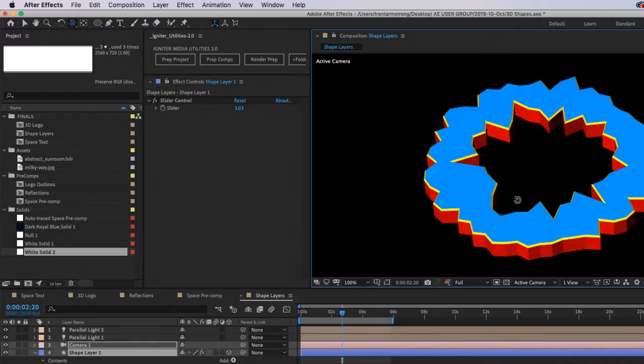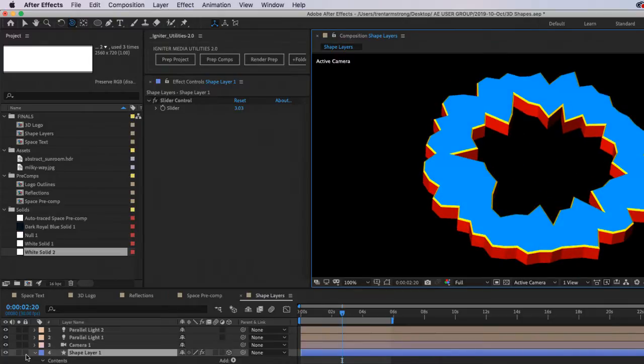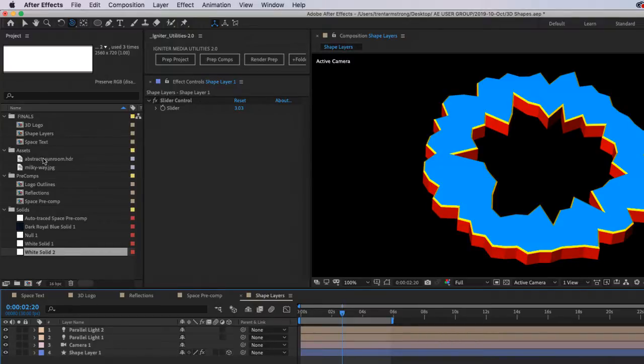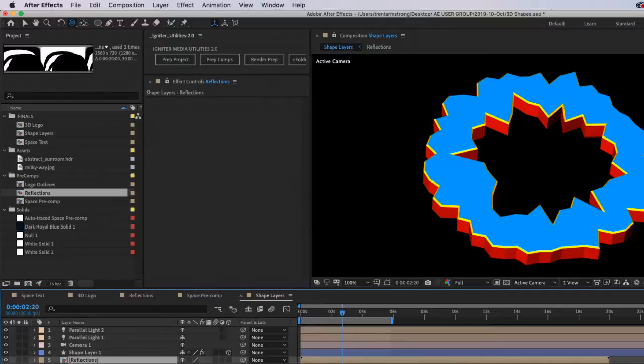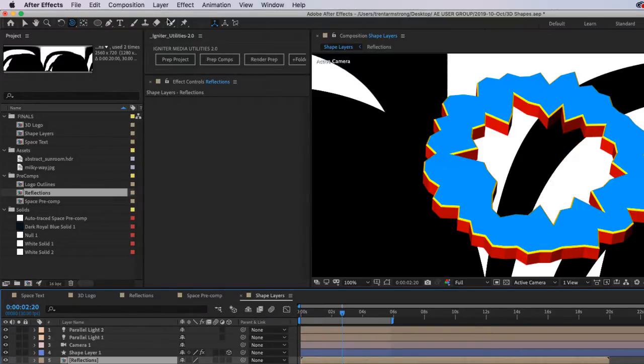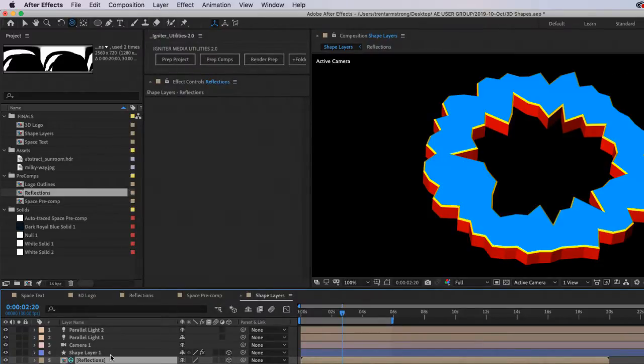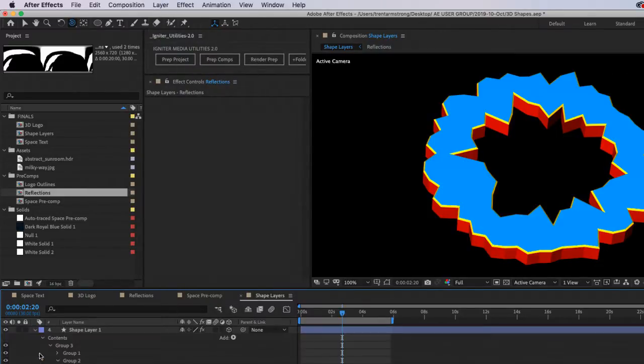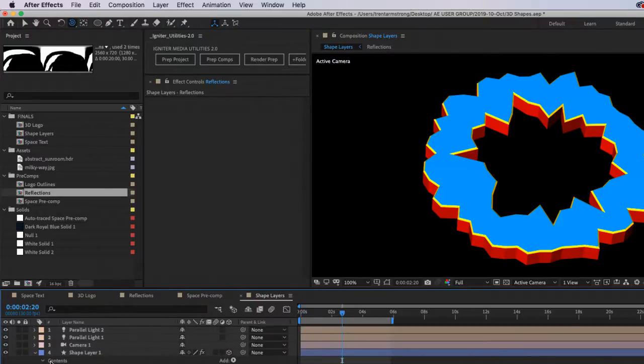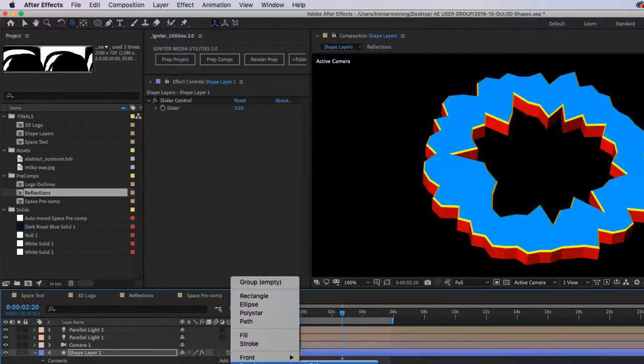Also, we'll do some more of this in a minute, but I have the ability to do reflections on here, so I'll put that in there and go to layer, environment layer, like that. And for my bevel group, I'll add bevel reflection intensity.